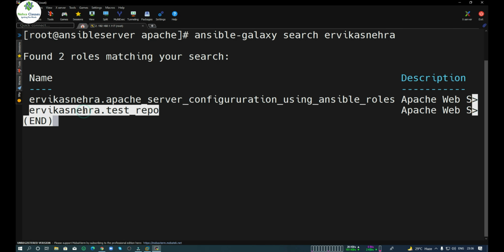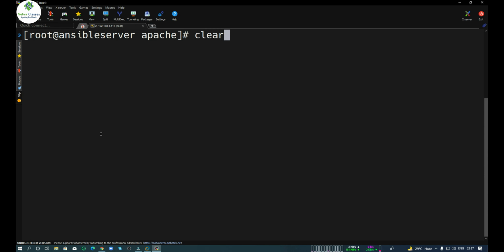Now in case you want to get additional details regarding any of these roles, you can easily do that. Instead of the ansible-galaxy search command, you can write there info. Instead of search, you can write info, mention the name of the role and press enter.